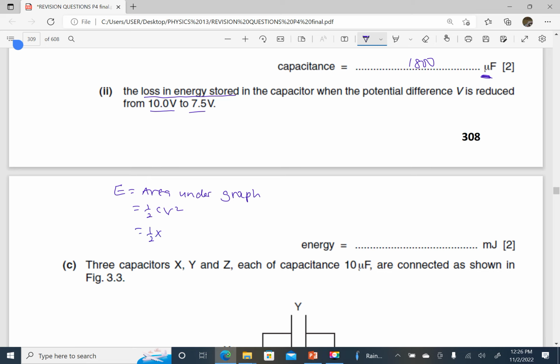Capacitance is 1,800 times 10 power negative 6 as we calculated. Then times the difference in the PDs. So this will be 10.0 squared minus 7.5 squared. Do not first subtract before you square. That's wrong mathematics. So when I press my calculator,